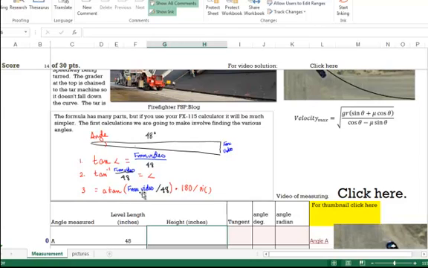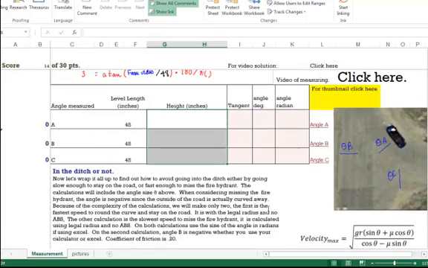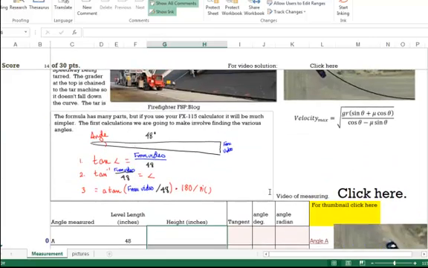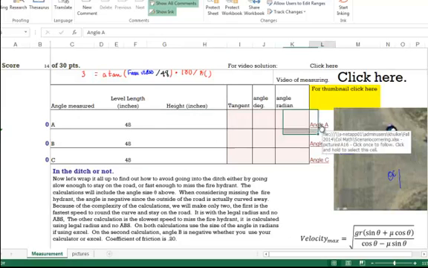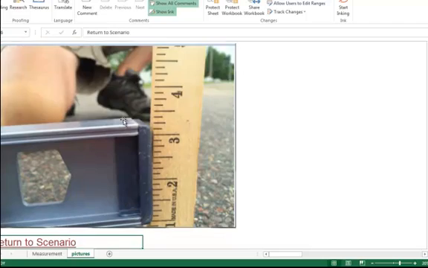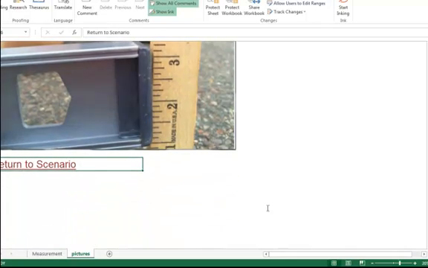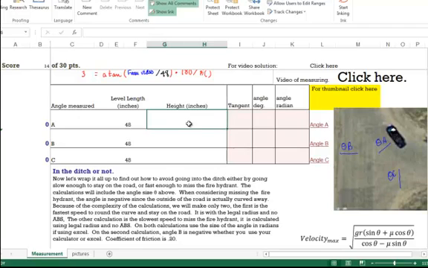And then the size from the angle divided by 48. But this gives us the angle in radians. We also want the angle in degrees. So let's go through them, and let's get the height. So for the first one, the height, if you look at the picture here, is about right at 1 inch. So we would say 1 inch is the height, and the tangent will be 1 inch divided by 48 inches, which is